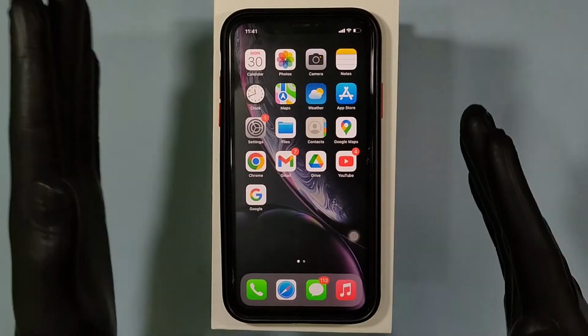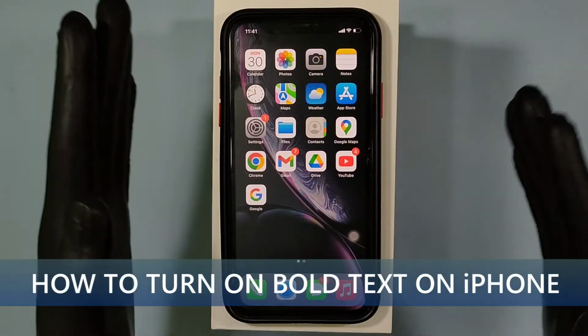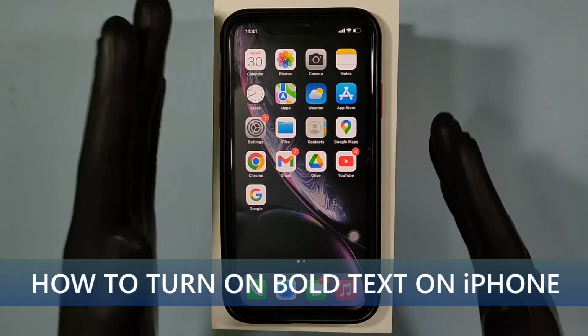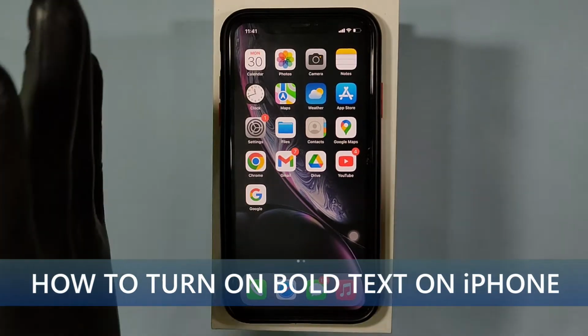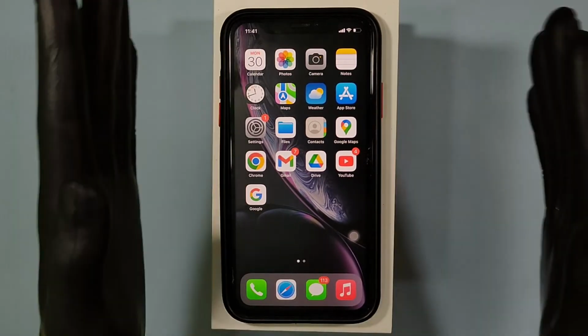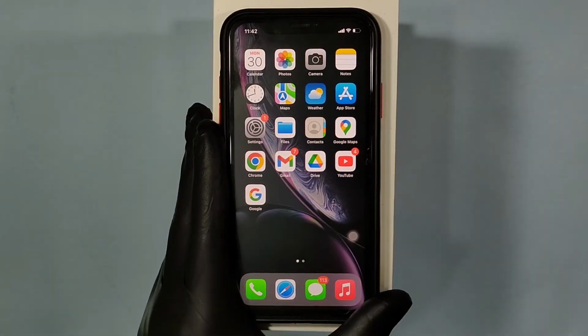This quick video is about how to enable and disable bold text on iPhone in 2022. Okay, let's see that. First, open the Settings app,